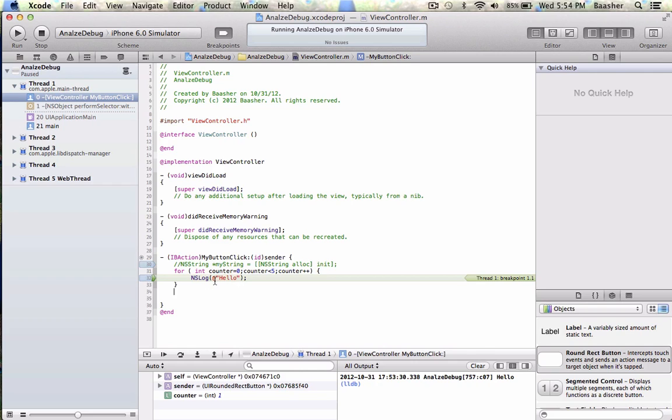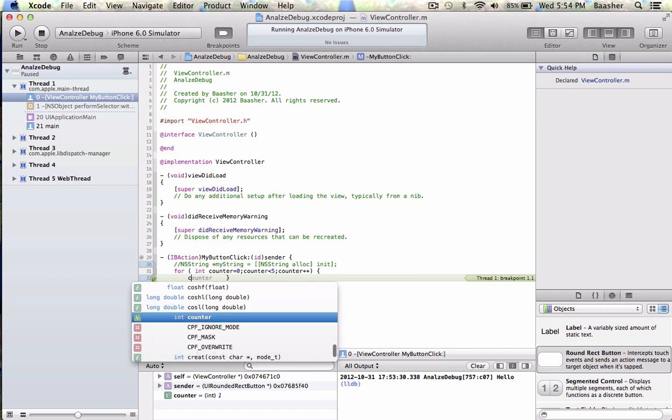NSLog, left paren, left double quote, right double quote, and @, and then within it are strings. So that's customary in Objective-C. Now let's look at another example, another variation